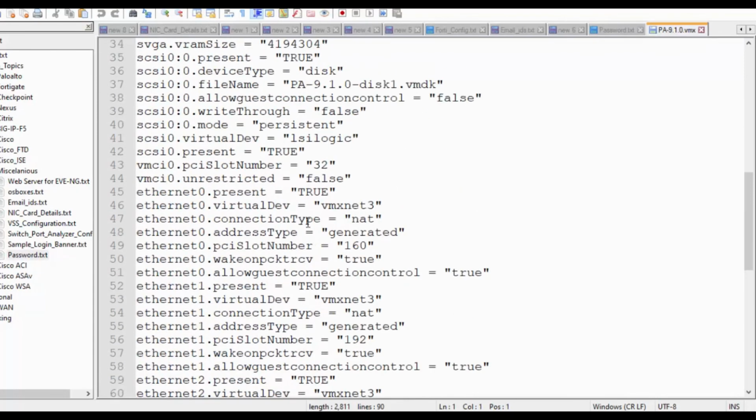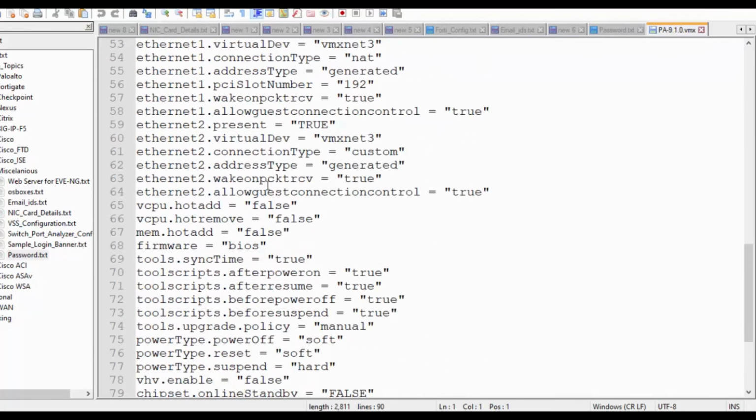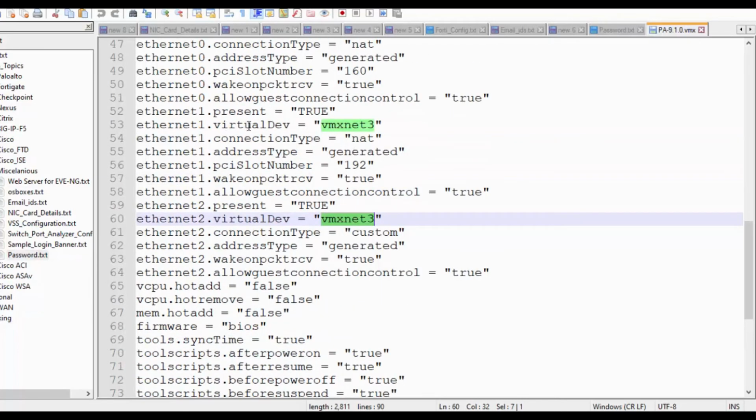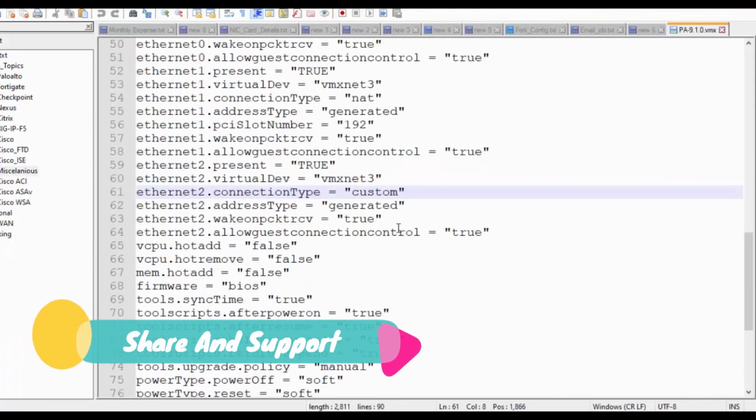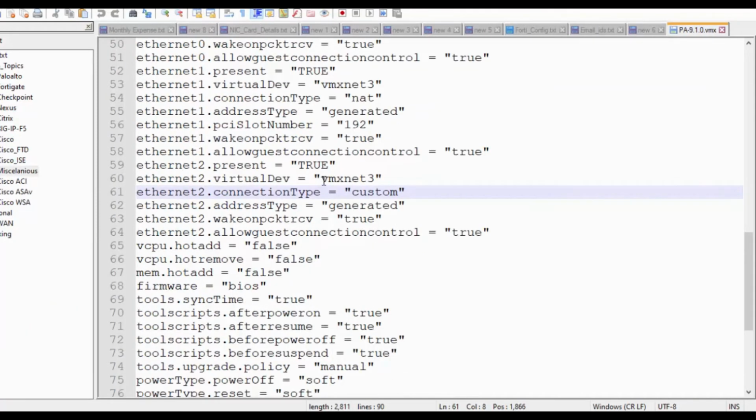If you come down, we have virtual Ethernet 2 as VMXNET 3, and Ethernet 1 is also VMXNET 3. For Ethernet 2, we need to check the VMXNET 3.